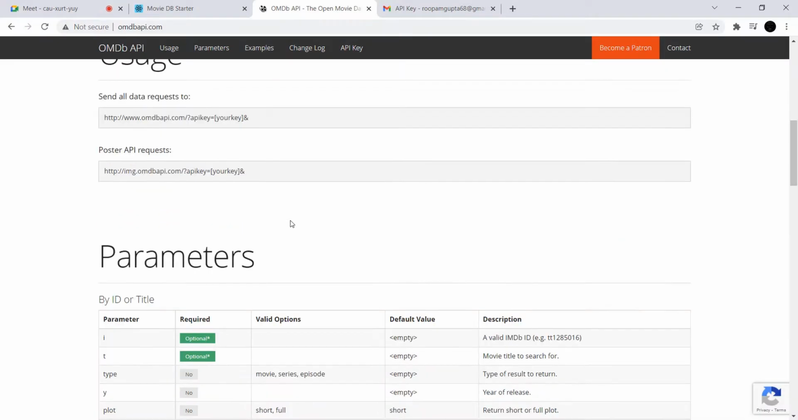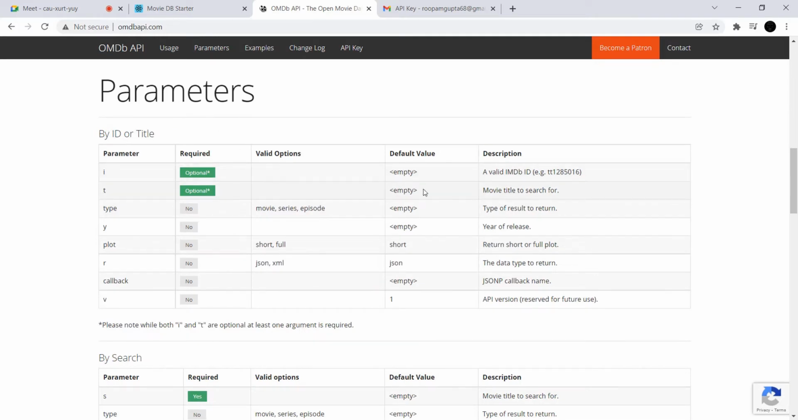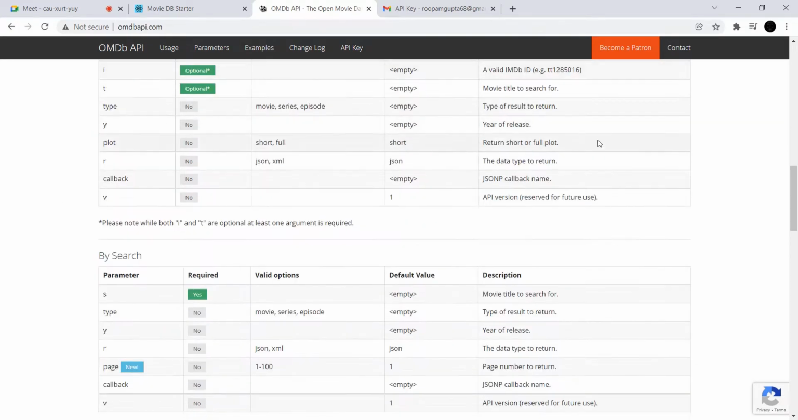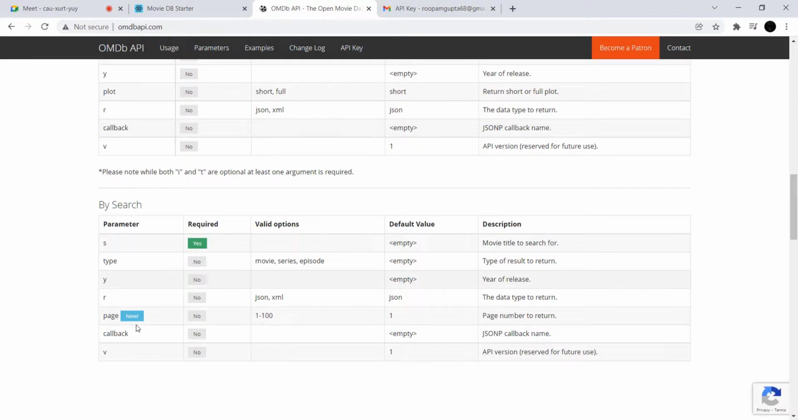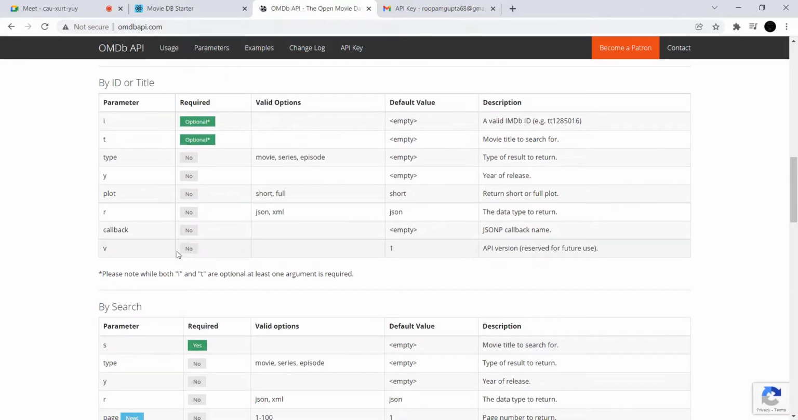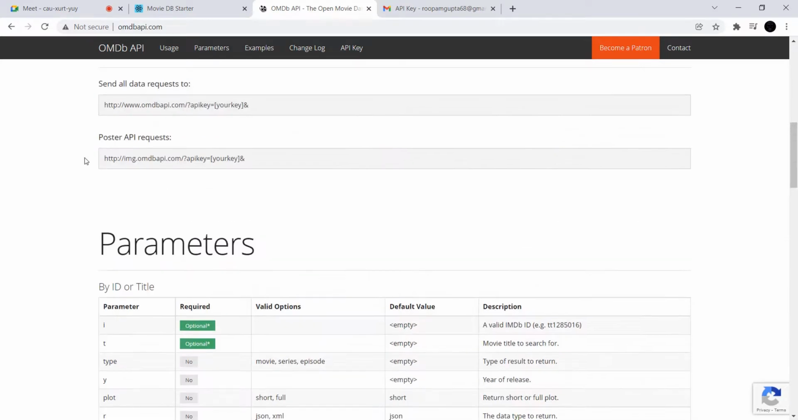If you want to get a particular data, you can write those parameters and you can get that data. Just go through these and get the data according to whatever you want. If you want to get a particular movie, series or episode, like the type, then use this type parameter. I hope this is clear, and the things will become more clear as soon as we move further and make more changes. So let's copy this,